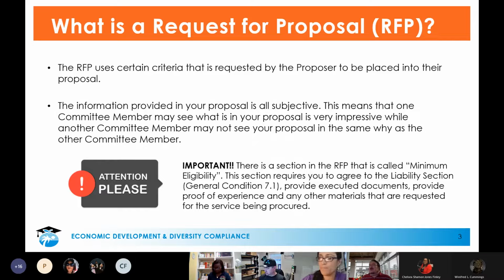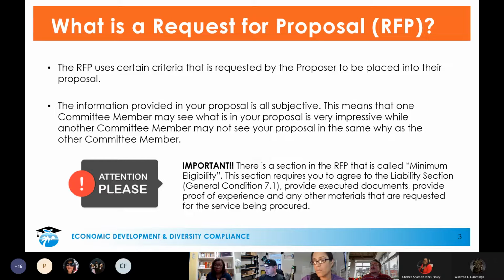Now, further along, this is very important. There is a section in the RFP that is called minimum eligibility. This section requires you to agree to the liability section, General Conditions 7.1. We will be going over that later when I show you a sample of an RFP that I've done for speech language pathology services. Provide executed documents, provide proof of experience, and any other materials that are requested for the